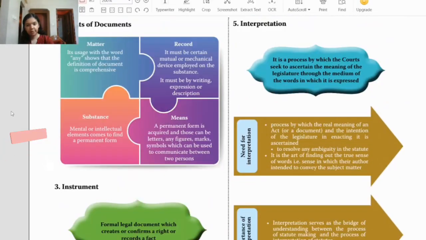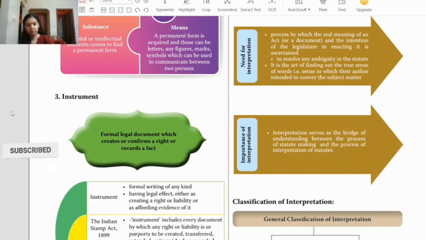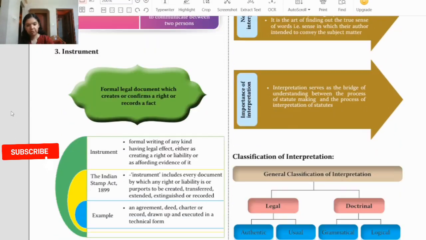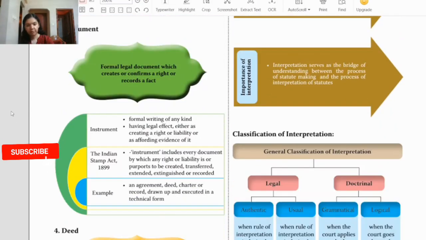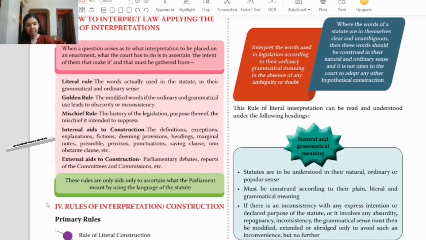Then here you have interpretations, need for interpretation, importance of interpretation, classification of interpretation. Then we have how to interpret law, applying the rules of interpretation. So the different rules have been explained here. Literal rule, golden rule, mischief rule, internal aids to construction, external aids.